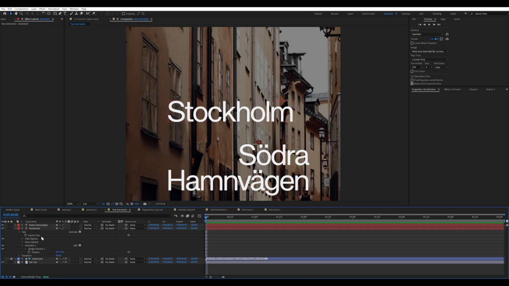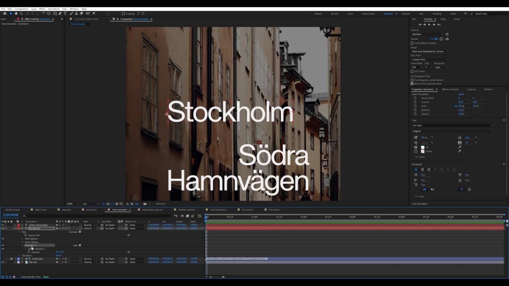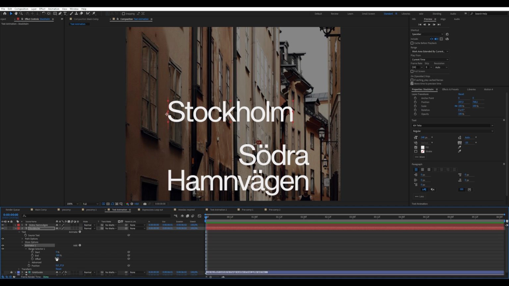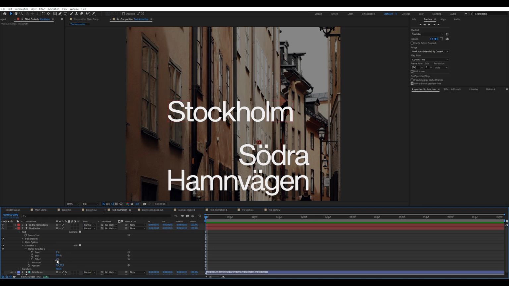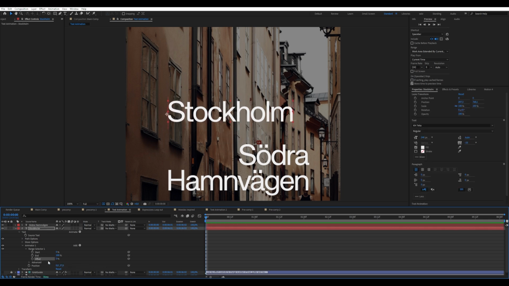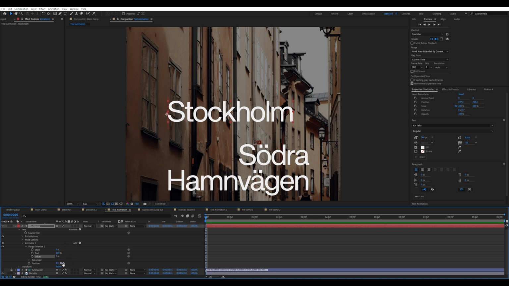So we have a bunch of... what we added was this animator property, and we can uncheck or dial down this range selector. And if we now change the offset, you see what happens. When the value is at 0 right now, it's being pushed down 37 pixels. But if I animate the offset, I set a keyframe here, move 1 second